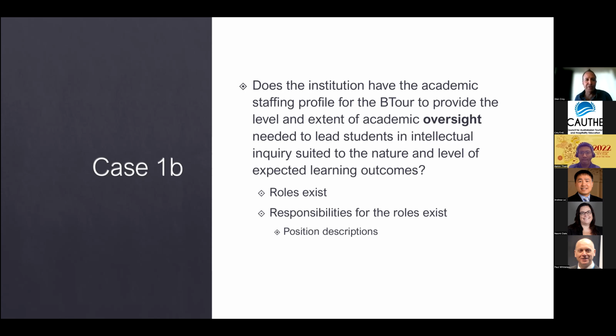Anyone else have any other insights into that part, as to how junior and or senior staff would be in these roles, and what issues that has brought up in regards to accreditation?